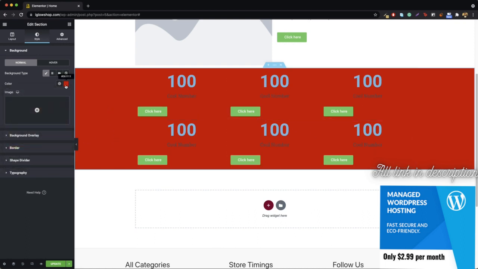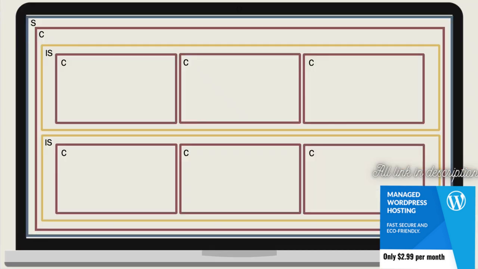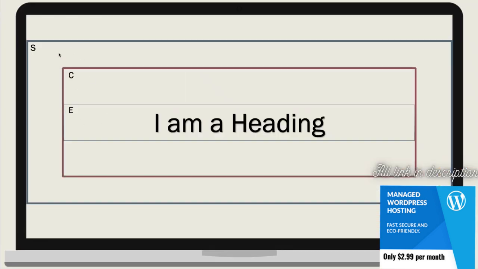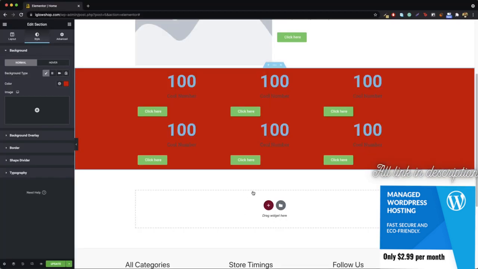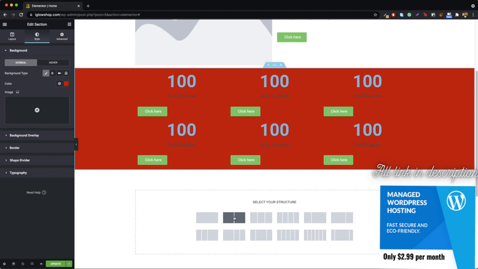Now, if there are any confusions for you, I would recommend you to go ahead and rewatch this video. Let's just go ahead and let's take an overview of what we did. We first understood the basic boilerplate of Elementor. We understood that the sections and columns are there by the default when you add an element. And when you click on the plus button over here, a section is created,